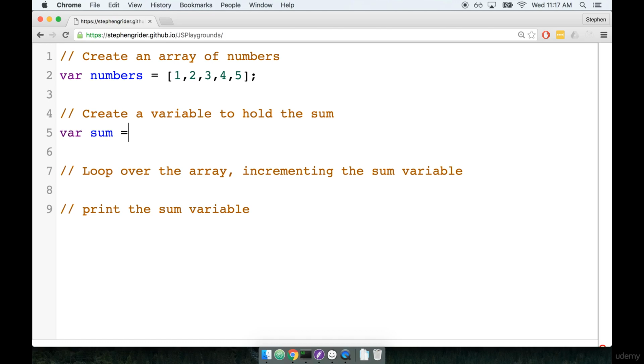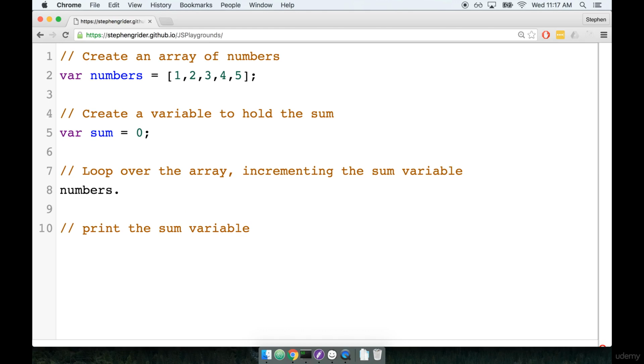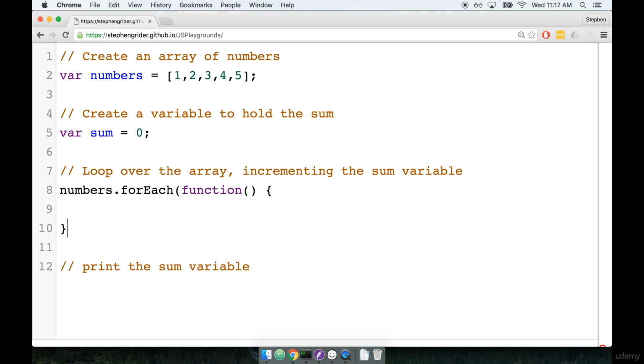Next, we need to create a variable to hold the sum. So I'll create a variable to hold the sum of 0. And now we're going to need to put together our actual forEach loop. So I'm going to look at numbers, and for each element in the array, I want to run this function. It will be called with each element in the array, in this case 5 times over,